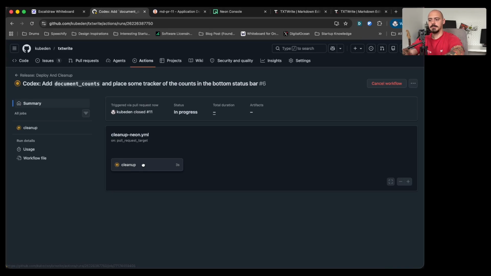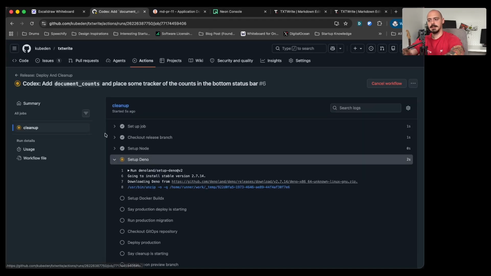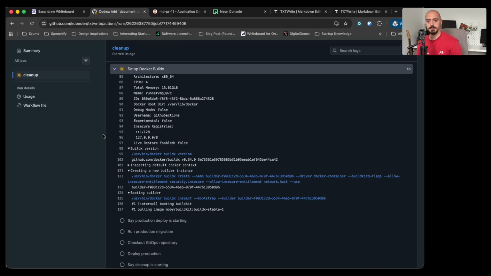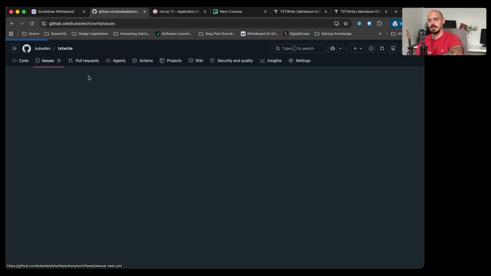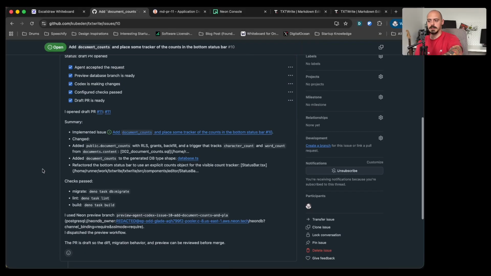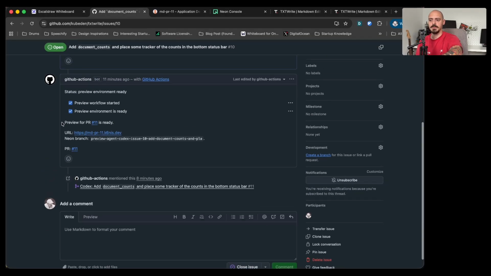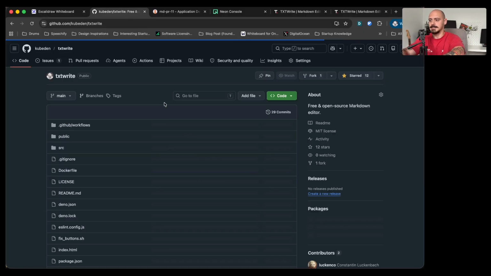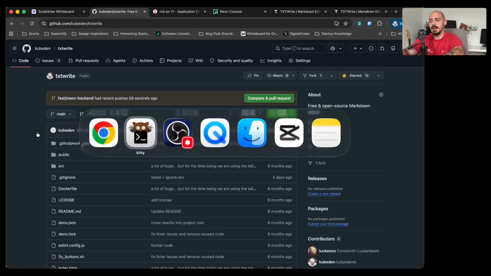Here, the cleanup job started, which takes responsibility to merge the changes that we just reviewed on our preview environment into production. When this happens, the issue status reply will be updated as well, as it just got, and we will have our task completed, ready to start another one, then another one, and another one, and another one. This is pretty much the entire workflow. I think it is quite nice. It is pretty neat, especially when